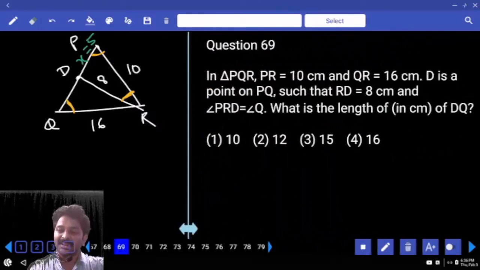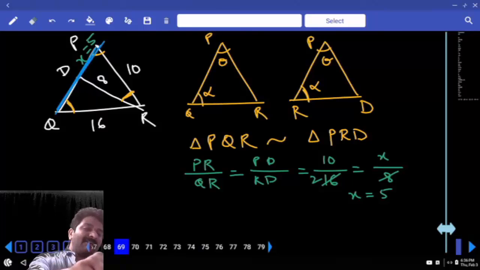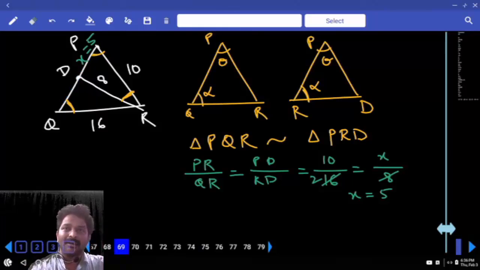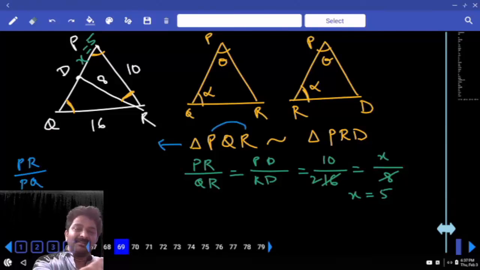QD కదా అడిగింది, DQ అడిగారు. ఇప్పుడు DQ వచ్చేలాగా ఉండాలి అని అంటే ఈ సైడ్ మొత్తం కావాలి, PQ సైడ్ కావాలి. ఓకేనా? రైట్. Again for the same similar triangle, I'll pick PR and then PQ. First and third, first and second. Are you following? First and third,